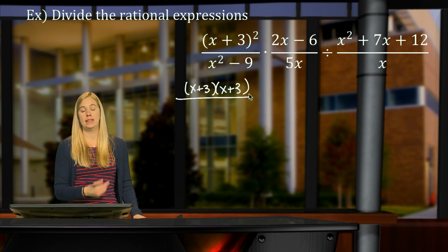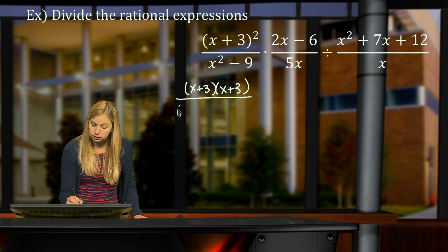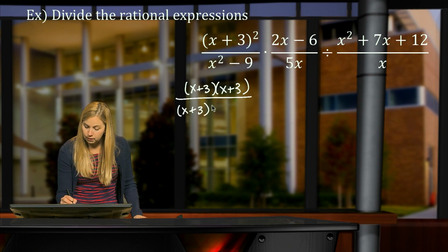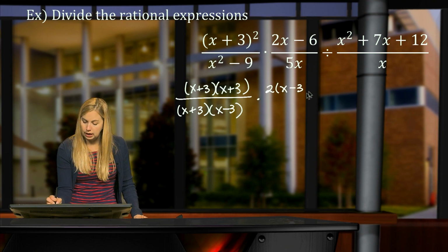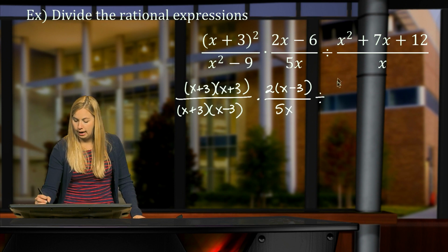X squared minus 9, that's my difference of squares: x plus 3 times x minus 3, times 2 times x minus 3 over 5x, divided by